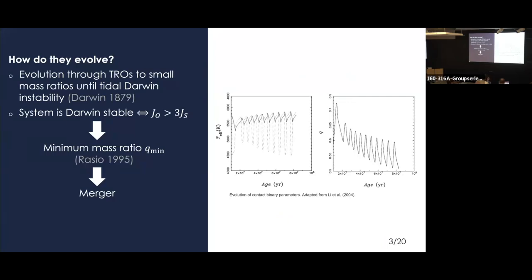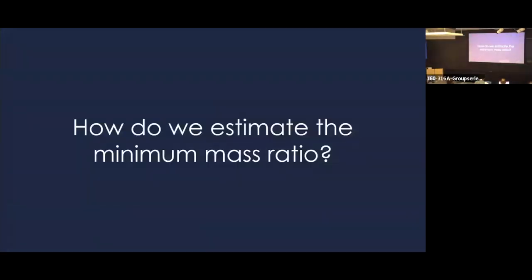The Darwin instability is a tidal instability which occurs when the spin angular momentum of the more massive component exceeds 1/3 of the orbital angular momentum of the system. And because the parameters of contact binaries are highly correlated, this condition on the angular momenta of the system translates to a condition on the minimum mass ratio of the system. Once the system crosses this threshold, the two components quickly merge. So we know that this thermal timescale mass transfer goes on until this minimum mass ratio, but how do we actually estimate the